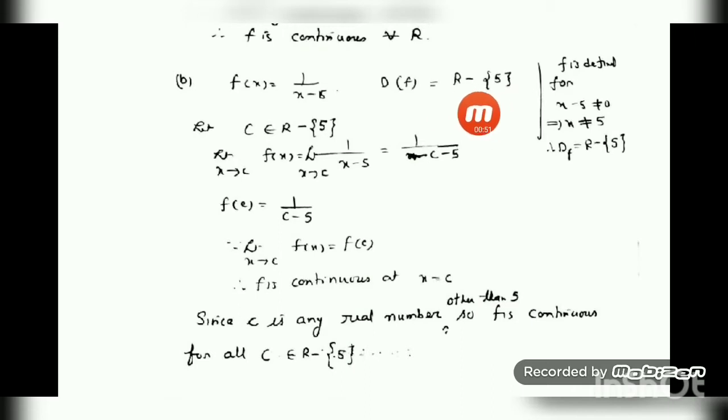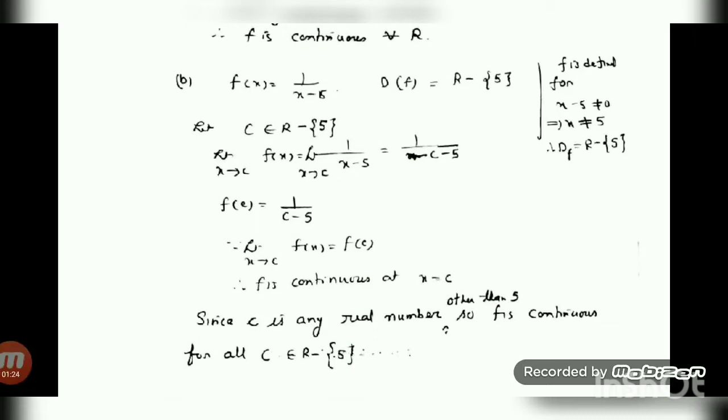So this is again an open interval. Since this is an open interval, you have to take any arbitrary point in this interval, in the domain. So we have taken C as a point within the domain, that is R minus within curly bracket 5. That means C is not 5 now. Other than 5, any real number it can have. So here also the function is defined in only one way for all real numbers other than 5. That's why you have to do limit x tends to C once. No need to do the left and right hand limits separately.